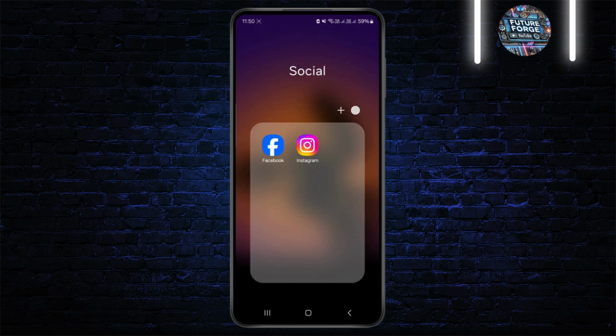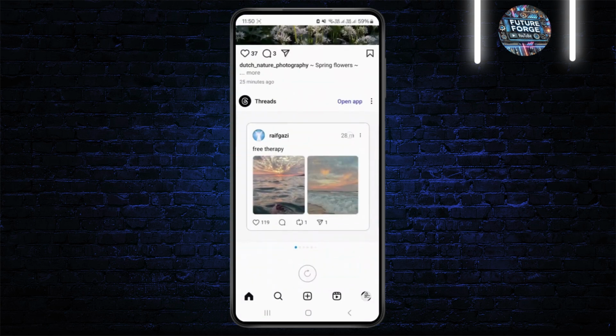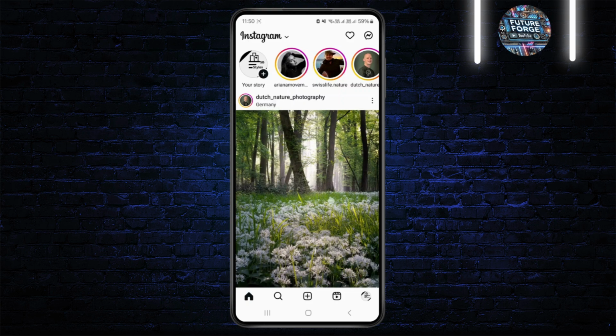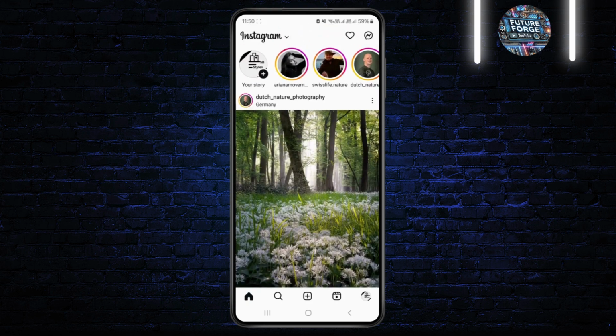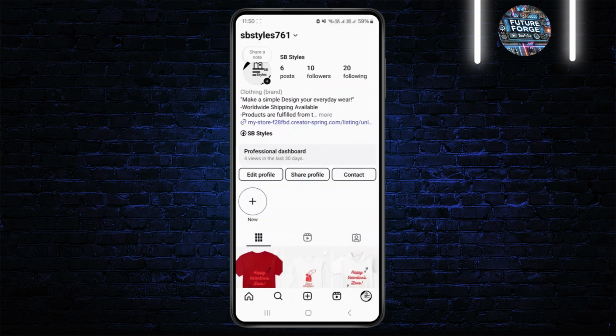In this quick tutorial I'll be showing you how to recover deleted follow requests on Instagram. So if you are currently in a situation where you might have accidentally deleted your follow request and you want to recover it, in that case all you have to do is just click on your profile section at the bottom right corner